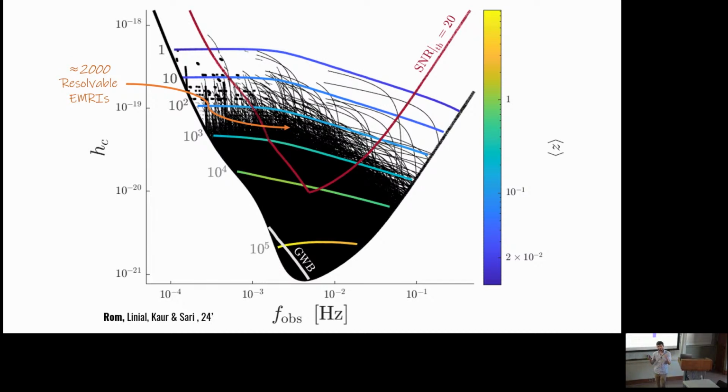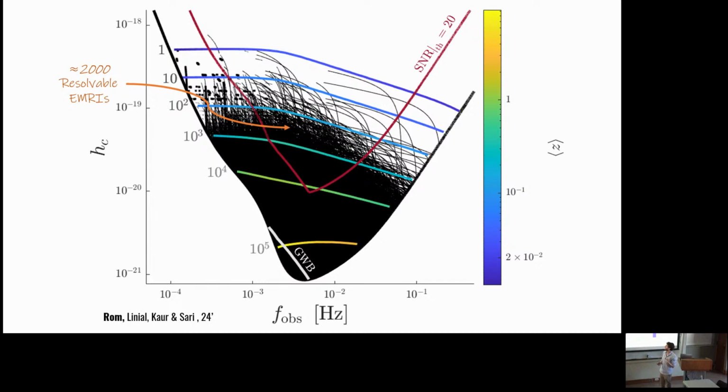But now, from all of these hundreds of thousands of sources, not all of them will be resolvable, detectable as single sources. To do that, the current data analysis estimation is that we will need a higher SNR, not an SNR of 1, but rather an SNR greater than 20. And when I say resolvable, I mean that it can be detected as a single source that can be localized